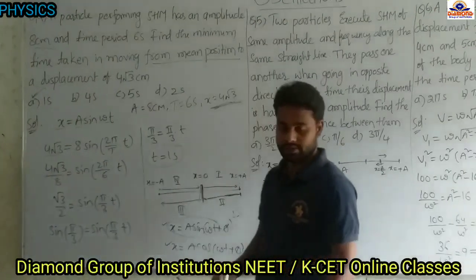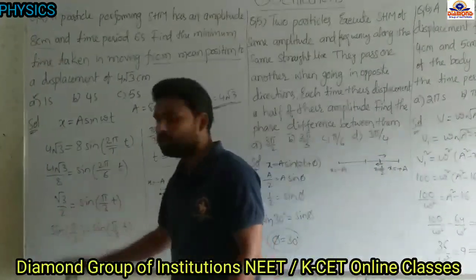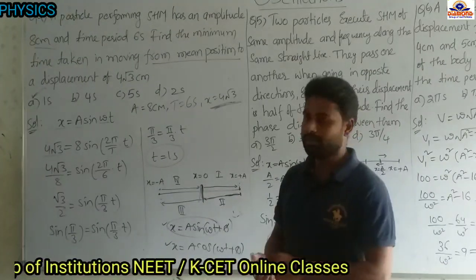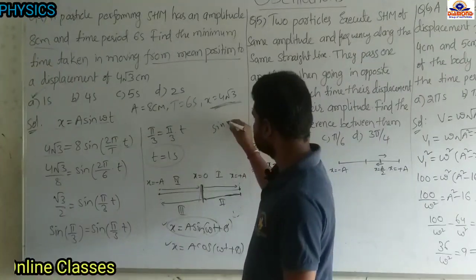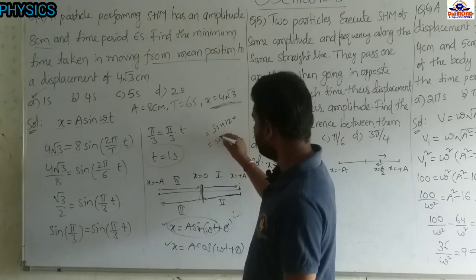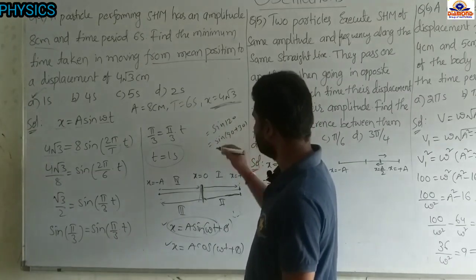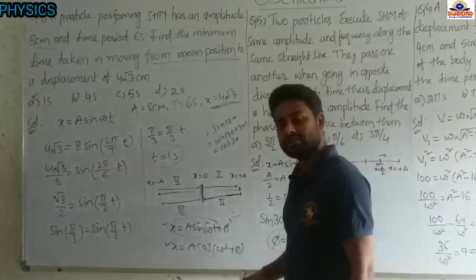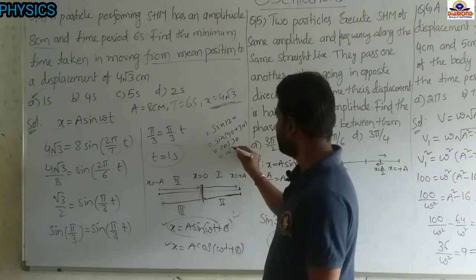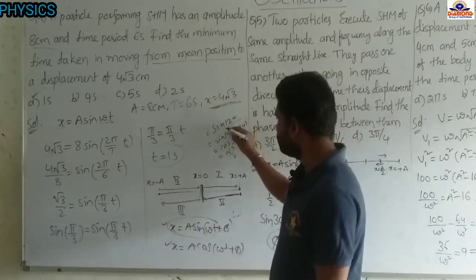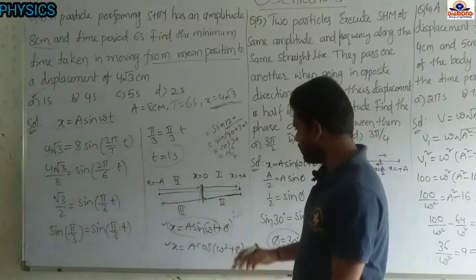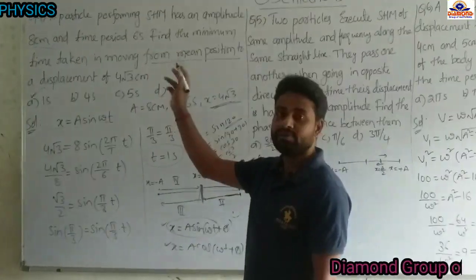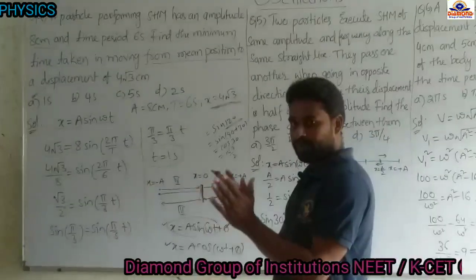Here one more chance is also there. In sin we will get root 3 by 2 for two cases. If 60 degree is there, root 3 by 2, and sin 120 degree also. Sin 120 degree value, how much? We can write it as sin(90 plus 30). Sin 90 plus theta becomes cos, and 30. 90 plus theta is the second quadrature, sin is positive, and cos 30 value is root 3 by 2, in both cases. But 120 degree means second quadrature. Second quadrature means starting from the extreme to the mean position. But here they said it started from the mean position.